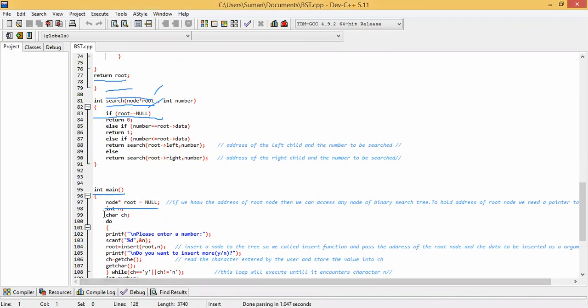That's why I have used node star root equal to NULL, and that's the reason we have done it. Clear?